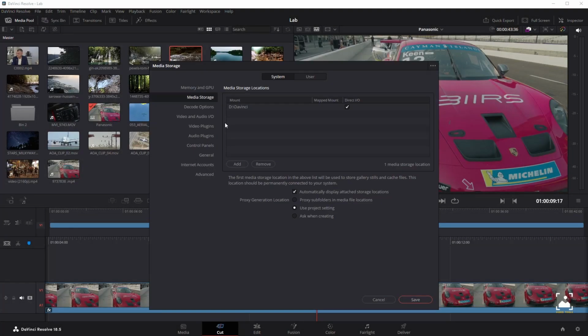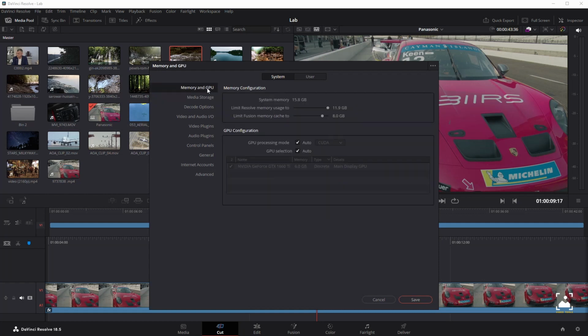Once you open a project, you have the option of adjusting the system and user preferences that govern the installation of DaVinci Resolve on your workstation, and the project settings governing the currently open project. When you first install DaVinci Resolve, the most important of these settings are selected via the installer's onboarding questions. However, if you're opening DaVinci Resolve for the first time, you should probably check these settings to make sure they're